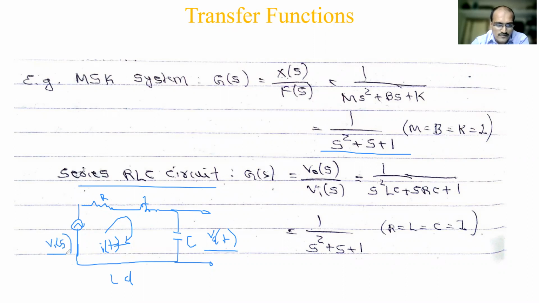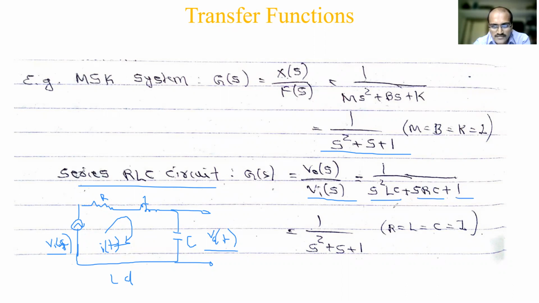So when you write the transfer function for this in the same way as I showed you for the mechanical system, this one I will show you later, because it is a lengthier one, I could not show it here. So you assume, as it is done the same way, V naught of t and Vi of t is there. If I apply the Laplace transform, you'll get V naught of S on one side, another side Vi of S with some terms consisting of R, L, C. When you take the transfer function, output by input, V naught of S by Vi of S, the value is 1 by S square into LC plus S into RC plus 1. This is the value you will get.